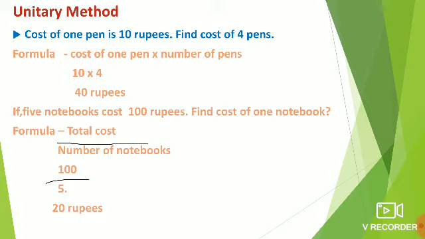If we solve both things, meaning the multiplication and the division, in one example, then that method is called the unitary method. Meaning first the cost of one article is given and we have to find out the cost of many articles. There we have to do the multiplication. And if the cost of many articles is given and from that we have to find out the cost of one article, there we have to do the division. Okay. So this method is called the unitary method.